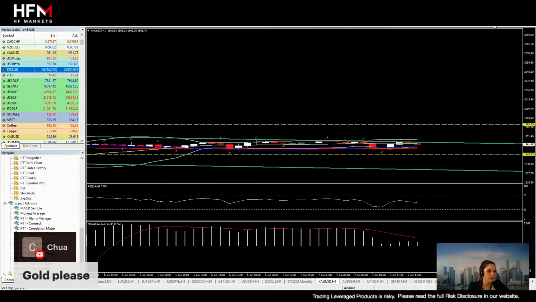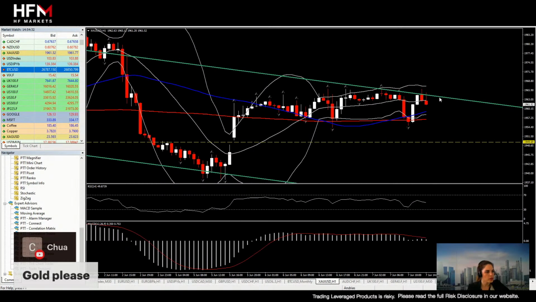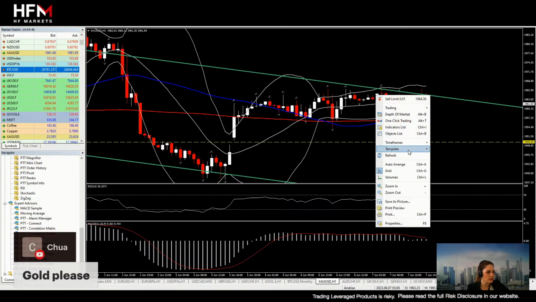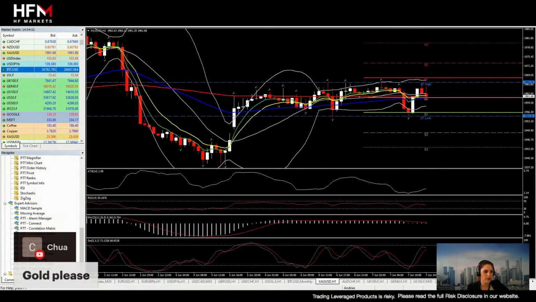So intraday. Sorry, 1 hour chart, zoom out a bit. You see, it keeps retesting the upper line of the channel but fails to break it. Momentum is neutral, RSI is at 50, flat though. Let me put the intraday setup as well. So sideways, this is the case intraday, I'm afraid. So use your pivots or the edge of the Bollingers, or these repeated swing fractals as your immediate support and resistance levels.